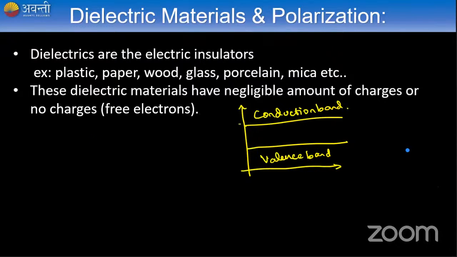Now there is an abundant amount of electric charges. There are plenty of free electrons in this valence band. Now, say in case of metals,